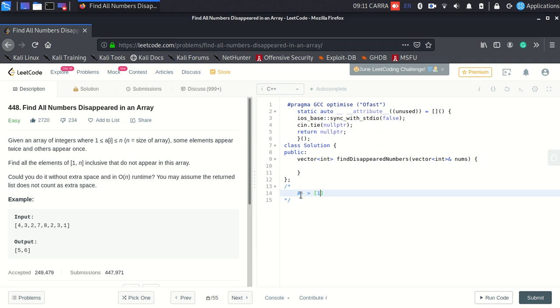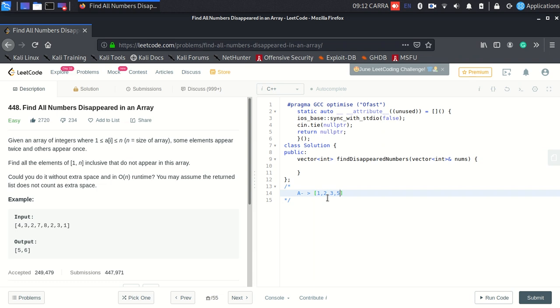So basically I would be given an array where all the elements range from 1 to n. If my array size is 10, I would have elements ranging from 1 to 10, inclusive of both. I can have 1, I can have 10, I can have any number in between, but I cannot have numbers like 0 as invalid input. I cannot have numbers like 11 either, because the size of the array is 10, and 11 is greater than the size of the array. I would violate the problem statement itself.